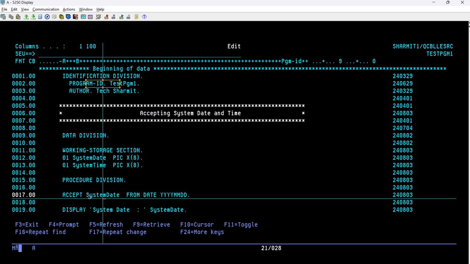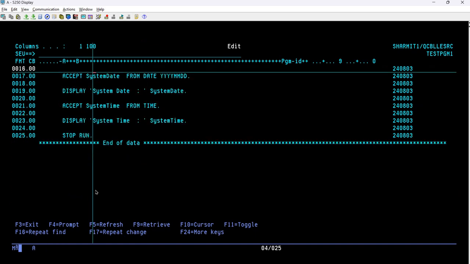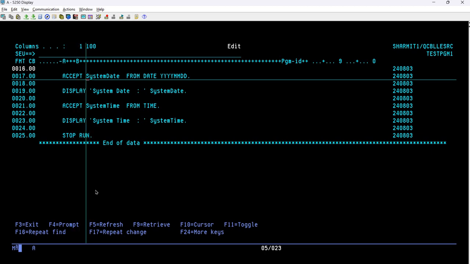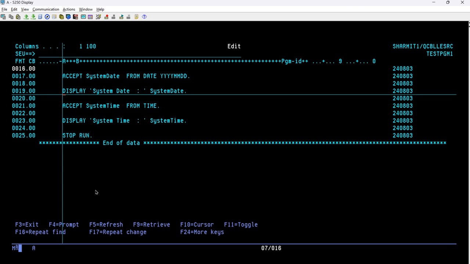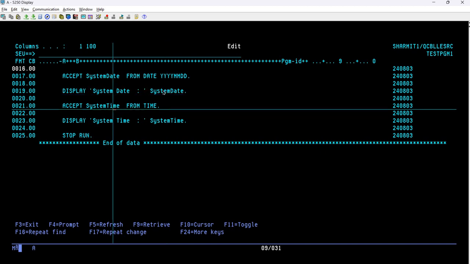We are just accepting it in system date, from date YYYYMMDD. So this is the format, okay? For date we will pass the format. So here we are accepting the system date from date in this format. Afterwards, we are displaying the actual date which we have received from the accept keyword. So display system date, and this is the variable. The thing which we write inside the quotation is just normal text, and the variable is this,